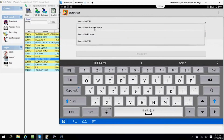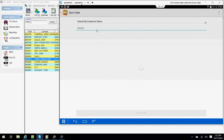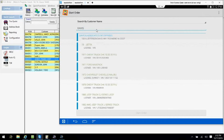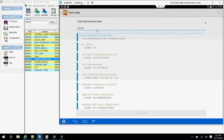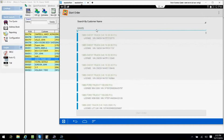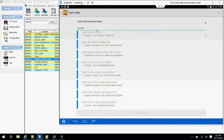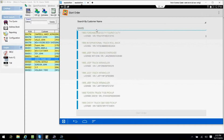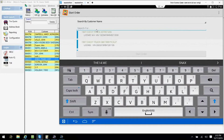So today what I'm going to do here is search by customer name. In here, I can type in the customer's last name, hit my search key, and hopefully I find a customer here by last name of Davis. I don't know, since this is a sample database I have here. So here's a company with about 50 different vehicles. So not only does it pull up customers, but also vehicles. Of course, this is more vehicles than I expected. So let's do this. Maybe find...